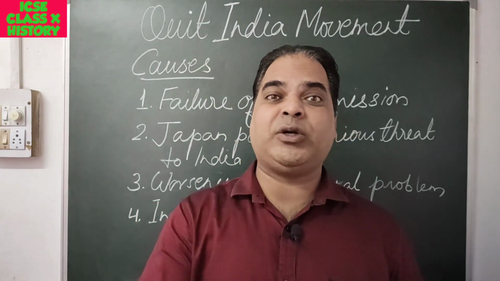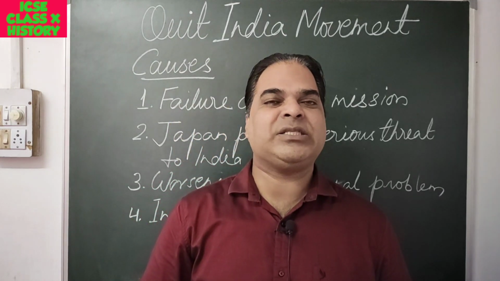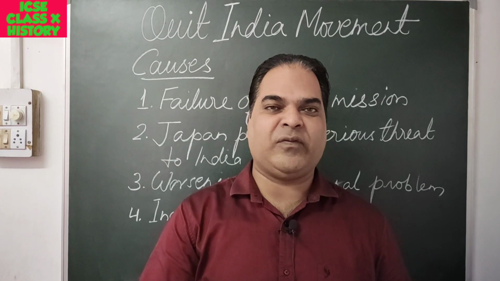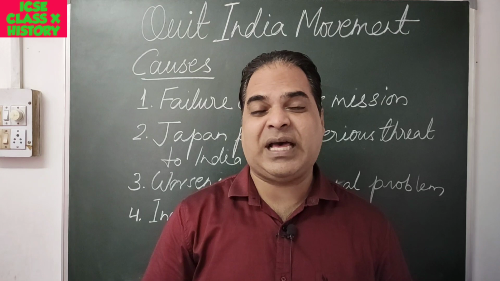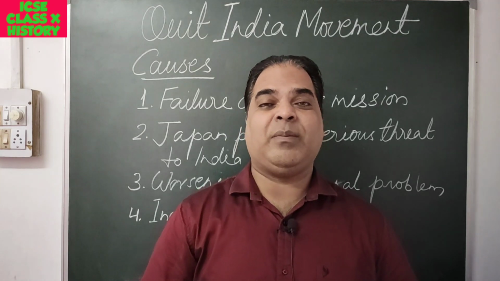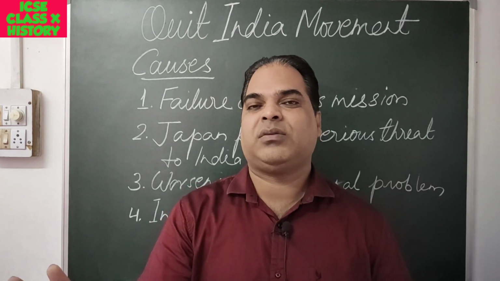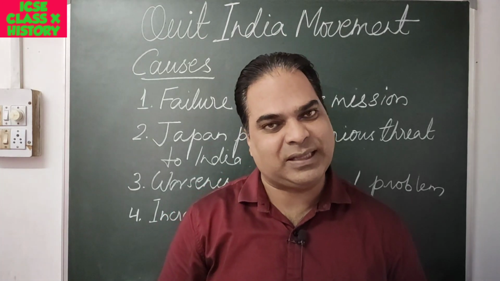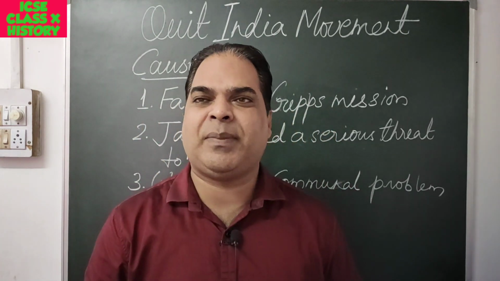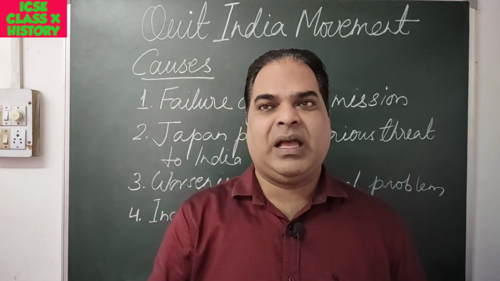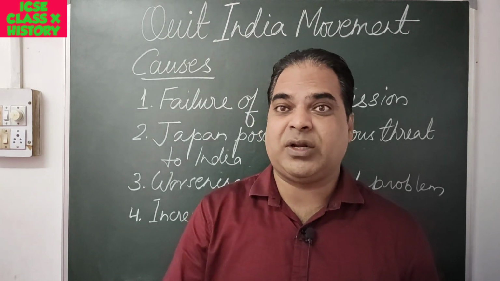Then point number 2, the Muslim League rejected the offer because it did not ensure Pakistan. In 1940 they had already held a session at Lahore, in which they concluded that they were going forward with the two-nation theory, the demand for Pakistan. Within the Cripps proposal there was no discussion regarding the creation of Pakistan. That's why the Muslim League rejected the Cripps mission. Number 3, the Hindu Mahasabha rejected the idea as it feared the partition of the country.